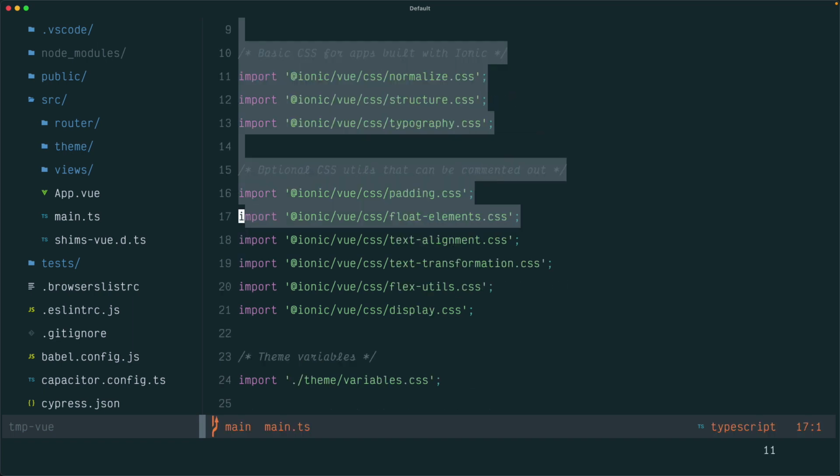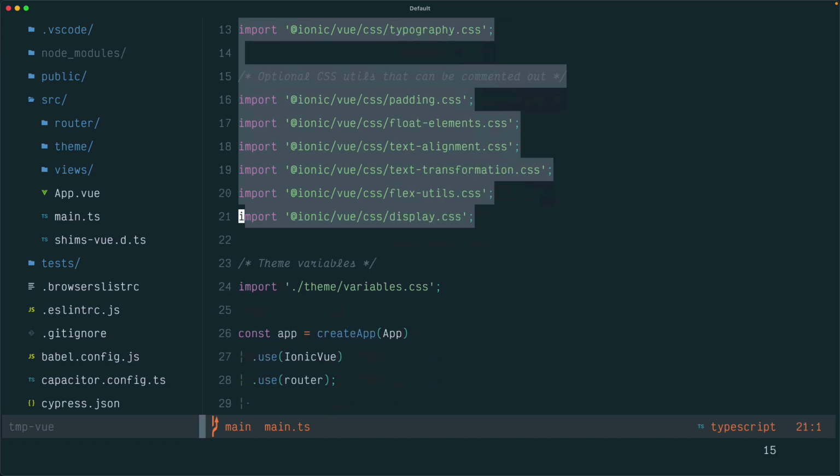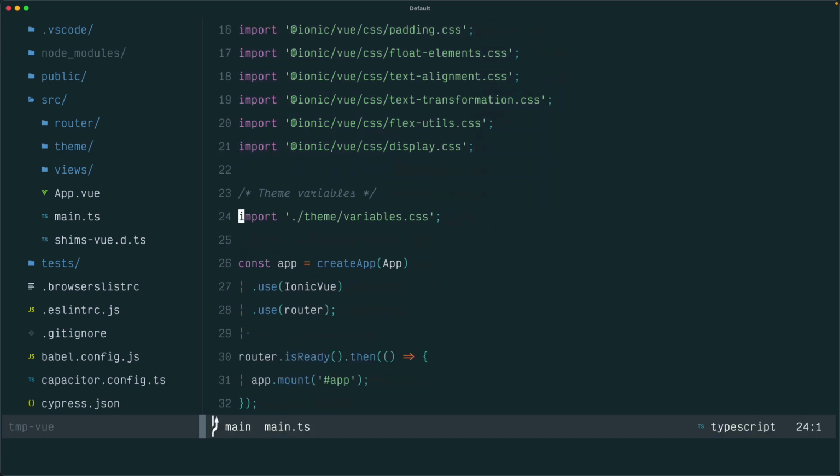We also have the core CSS dependencies that Ionic needs, and then some optional CSS utilities that you can think of like a Tailwind Lite. From here, we then go ahead and bootstrap the new app. We say Vue, use Ionic Vue, pass in the router, and then we mount the app to our root app